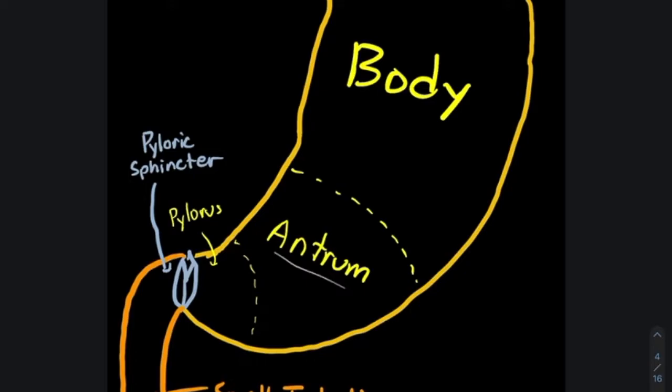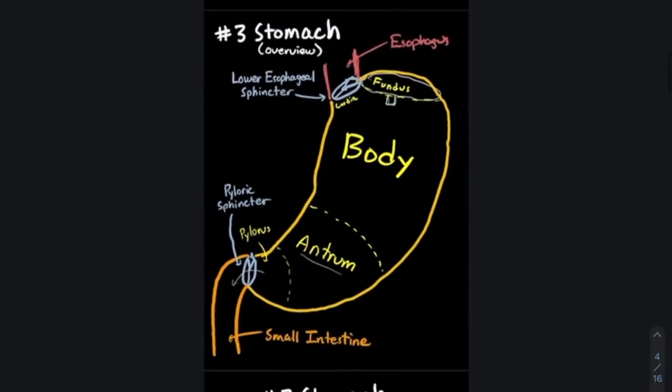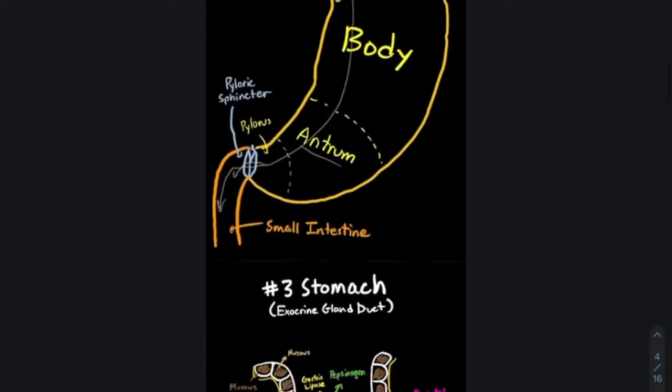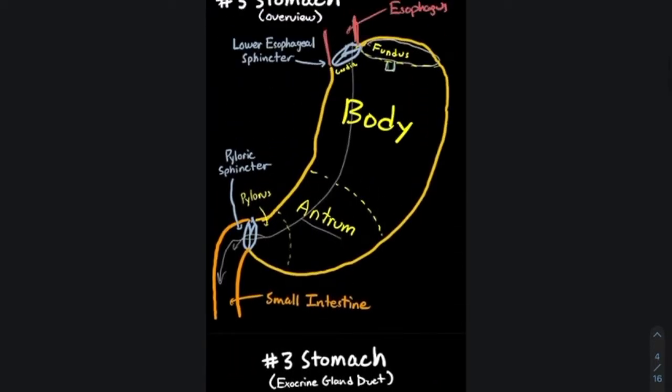And look at that, it was like the people that were coming up with the anatomy were sort of thinking about this, because it turns out that the next sphincter that controls the movement of stuff past the stomach is called the pyloric sphincter, and that's because it's right next to the pylorus. So that's a helpful way of remembering that. And so we can see that we go from the esophagus through the stomach and then out into the small intestine. But let's look at the stomach a little bit more, because obviously we know that there's important